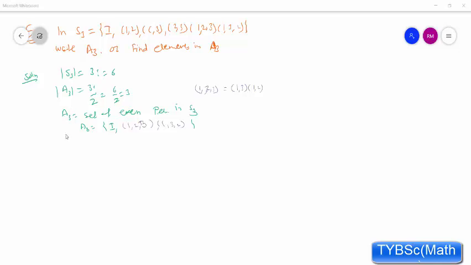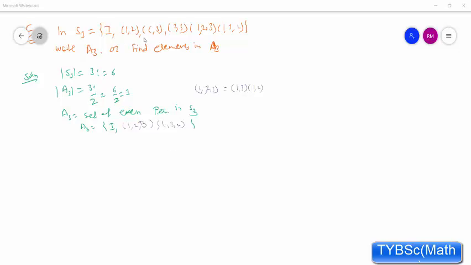Identity is always an even permutation, note that. Second is (1 2 3), this cycle of length 3. Since this is a cycle of length 3, it is a product of 2 transpositions. See here, (1 2 3) can be represented by a product of 2 transpositions, namely (1 3)(1 2), by using the property of multiplying from left to right, this way. Similarly, we can talk about this one, which is also an even permutation.